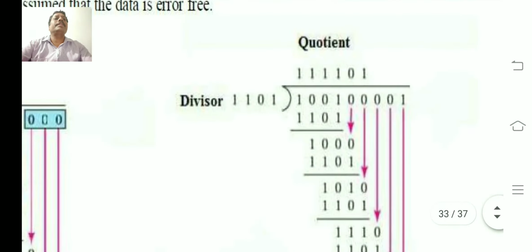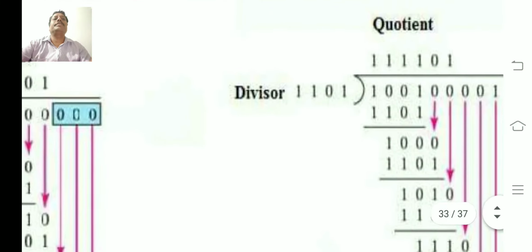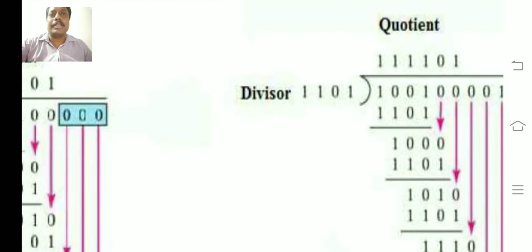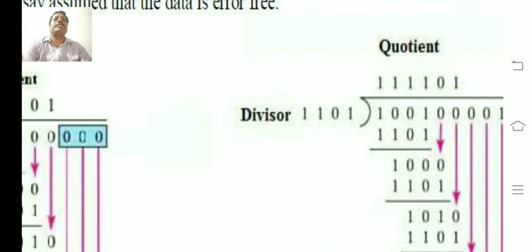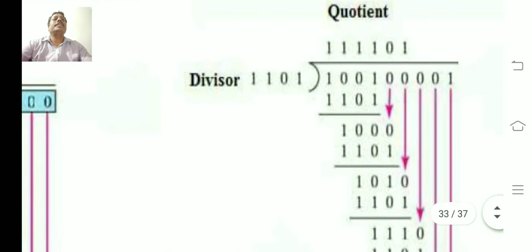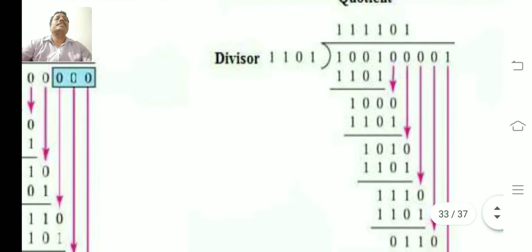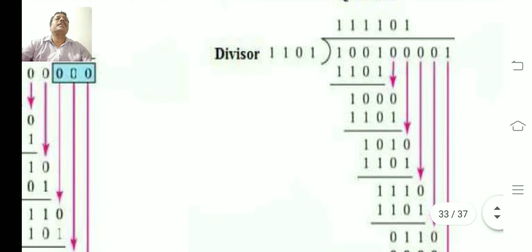Look at the dividend here. This is the data sent from the source side, and it becomes the dividend at the receiver side, and the same divisor 1101 is used here at the destination side. So once again we do the division. With 1101 we use the XOR function, we get 0, once again 1.